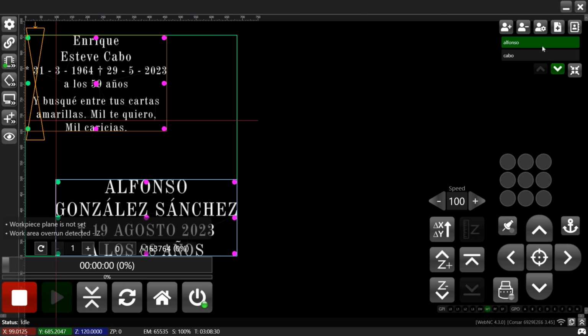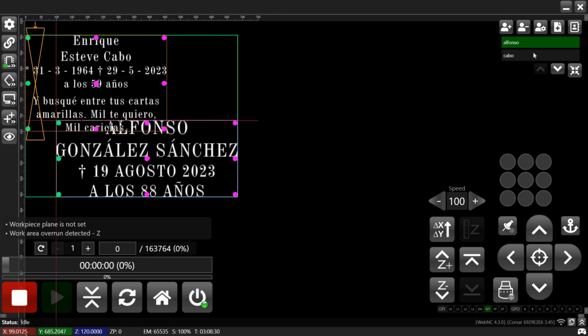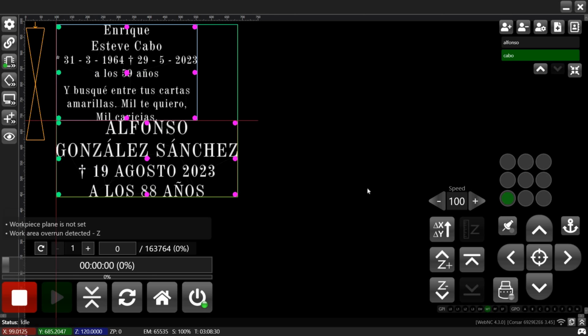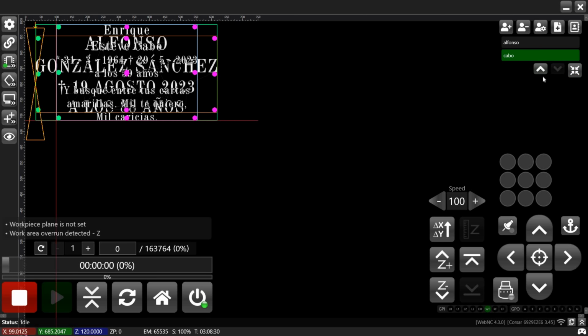The object on which we perform the binding is the one that is highlighted. We can align different objects, linking them to the highlighted object.